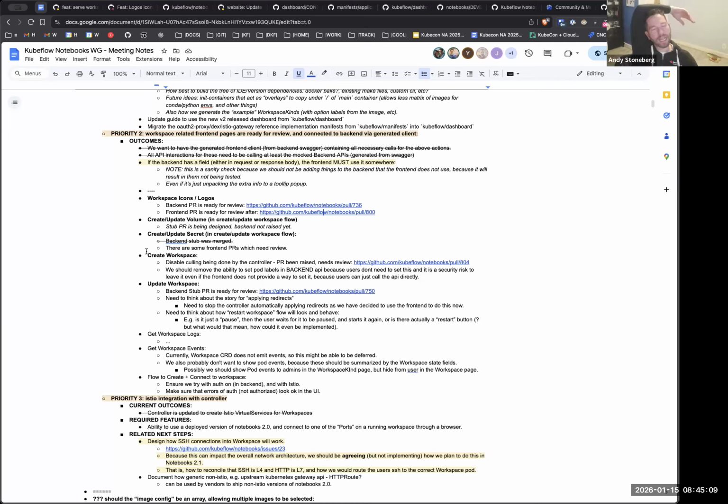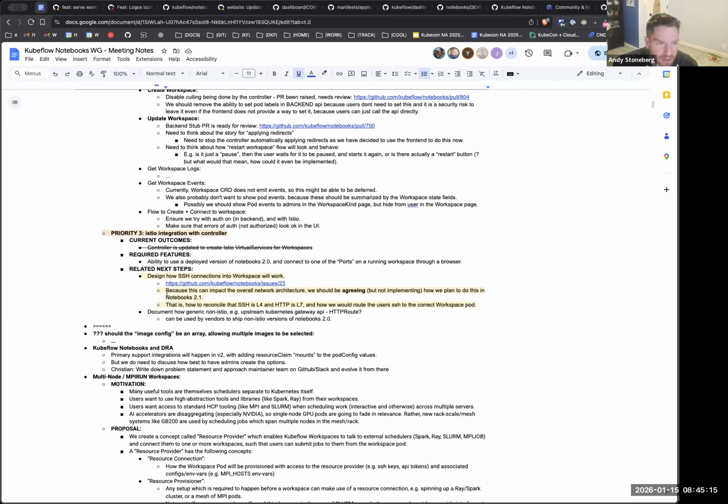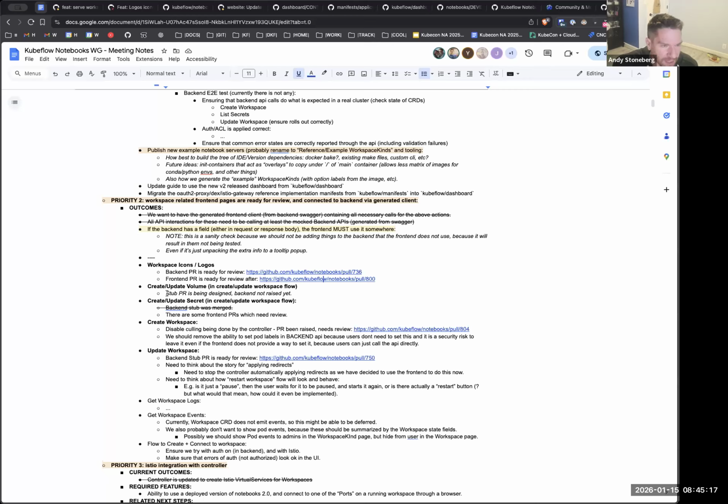Yeah, so I have an issue, and that's been assigned to someone. They still haven't gotten back to me. Did we merge the stub? Did we merge the thing that has the options under it yet, or was that only a design? No, so we have the design for that, and there's a GitHub issue open for it, but the developer hasn't gotten back to me yet.